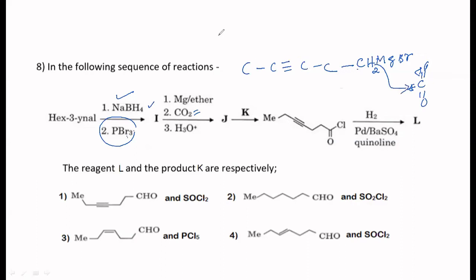Okay, and one more carbon you are getting here. So that is going to become, let me remove this MgBr here and I will make this like this. You have got CH2, CO minus, this is double bond. So then when it is hydrolyzed, this is going to become OH. So that acid is got. Then acid you are getting, you need to convert it into acid chloride. So which reagent you are supposed to use?